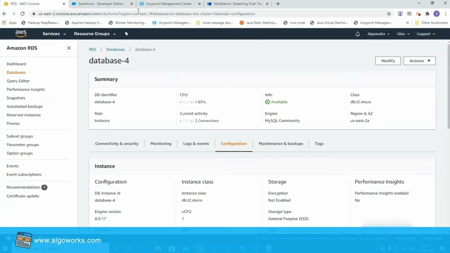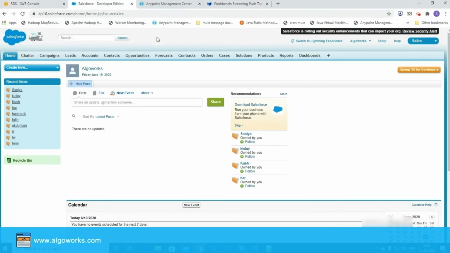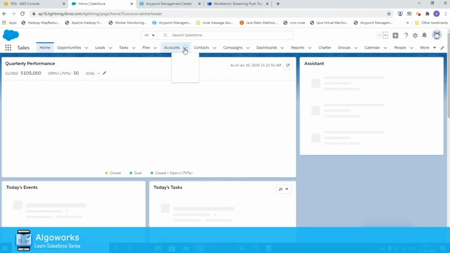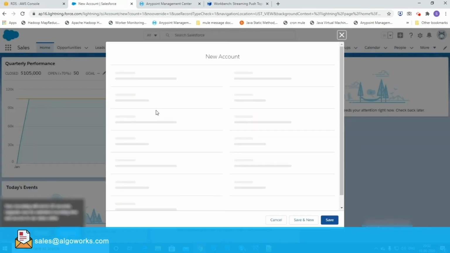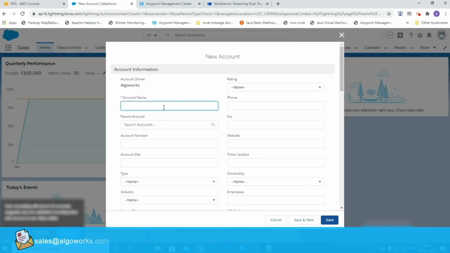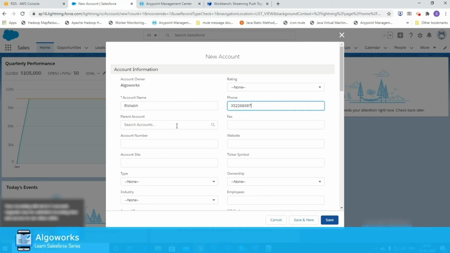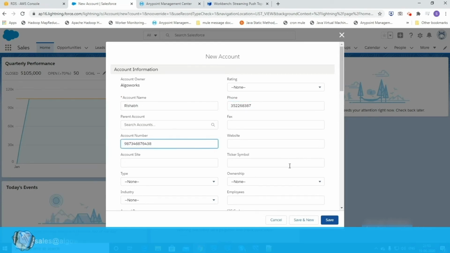in Salesforce. Okay, so this is Salesforce. I'll go to Lightning Experience. I'll create a new account with a name of like Rishabh. I will give a random phone number and random account number.